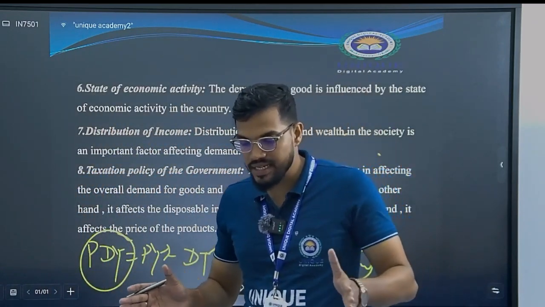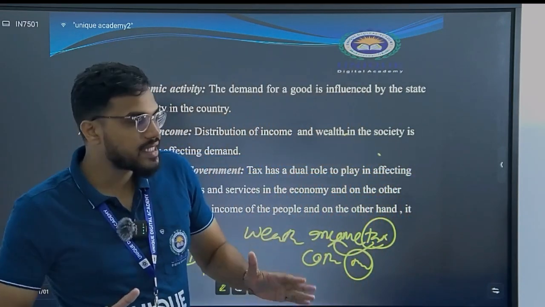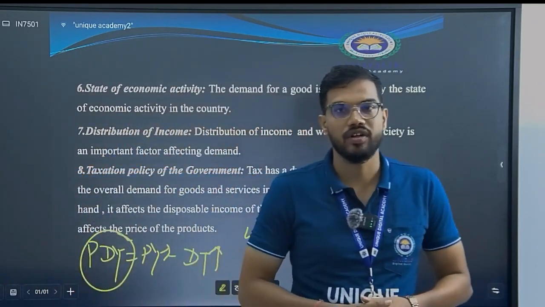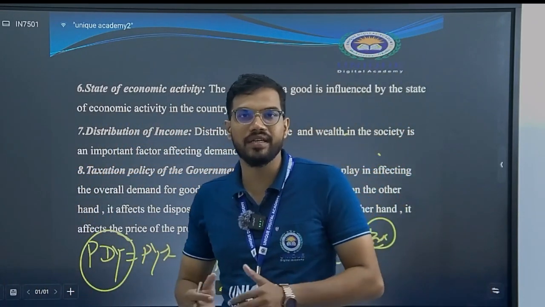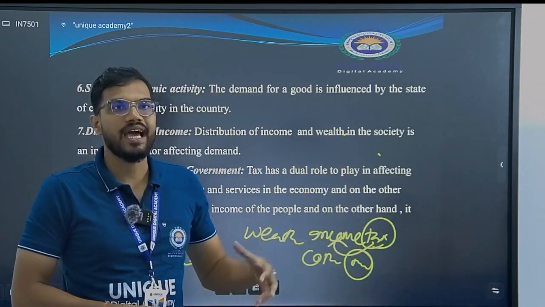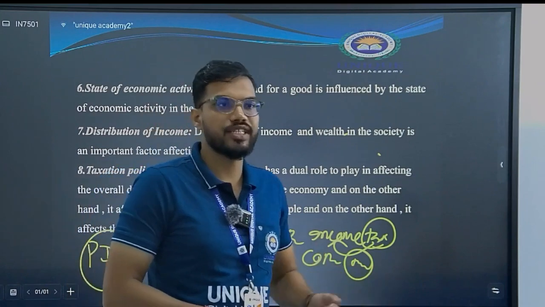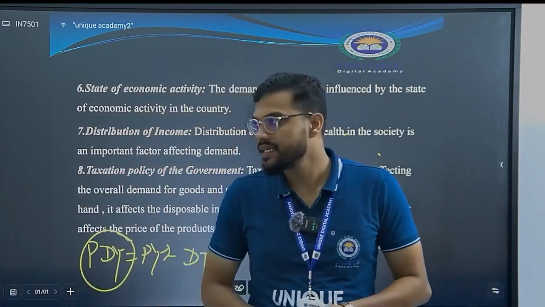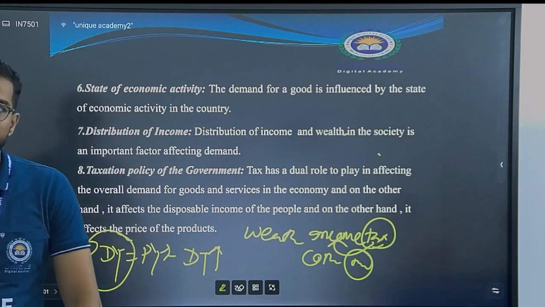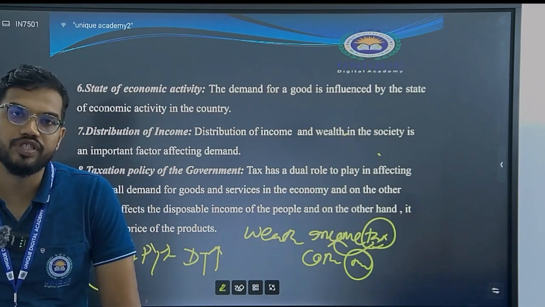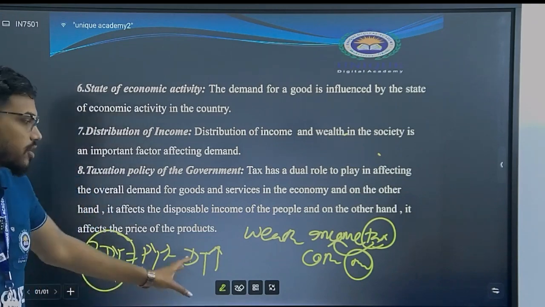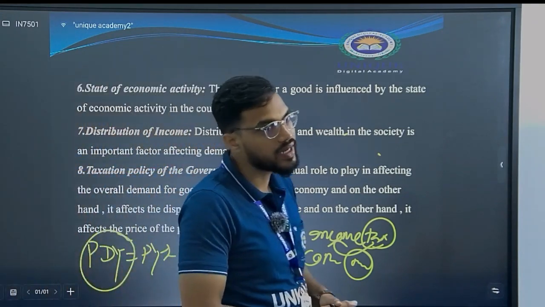It means that except price, what are the other factors that affects the demand for a product? So, the other factors are income, taste and preference, climatic conditions, population, government policy, taxation. These are the other factors, and the price of substitute and the price of complementary goods. So, these are the factors that also affects the demand for a product.